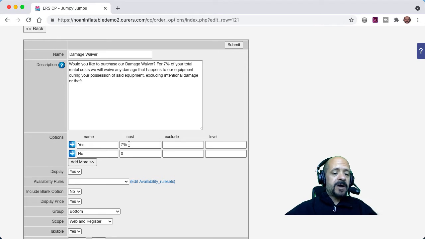Now, an important detail about order options that I especially like to tell people about damage waivers: sometimes you want to include a blank option and sometimes you don't. If you include a blank option, the customer can just skip that order option question entirely. It's going to default to just being blank and they can just skip it. If you don't include a blank option, that means it's going to default to the top entry in that drop-down menu set of choices. And I like to not include a blank option for the damage waiver question because what that means is it's defaulting to yes. In other words, the customer actually has to click into the drop-down menu to choose no if they don't want the damage waiver. So it's just a little way to increase the number of damage waivers that I sell,